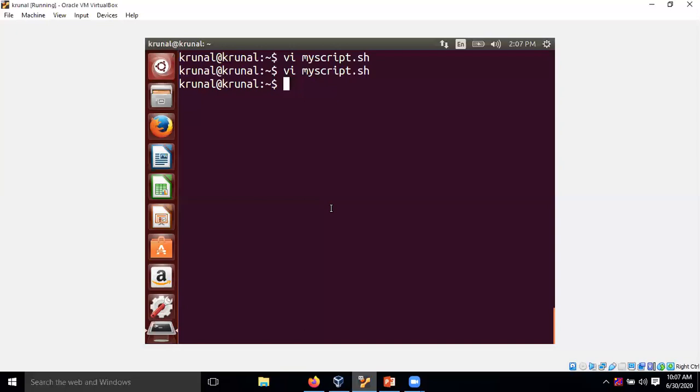So the vi editor, once you are going to use your vi editor, basically there are two modes available. Listen carefully, there are two modes available in vi editor. One is command mode and second one is insert mode.